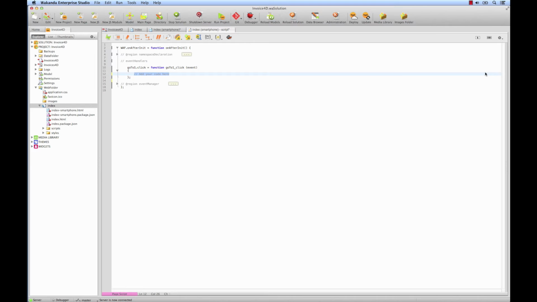Now we're going to do a bit of JavaScript. It's not very complicated, and it's a piece of code that we're going to reuse for all of the views. We'll start with a command with WAF, W-A-F, in uppercase. WAF is a key term meaning Wakanda Application Framework. So WAF dot, here I specify I want to access a widget, widgets in plural,